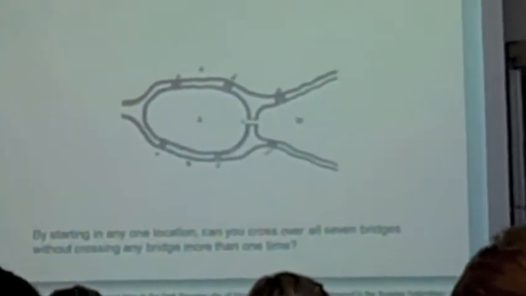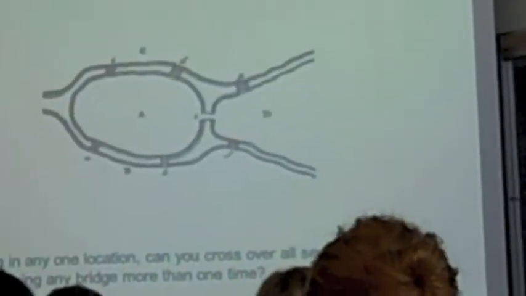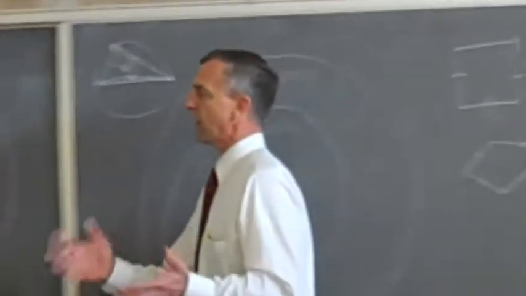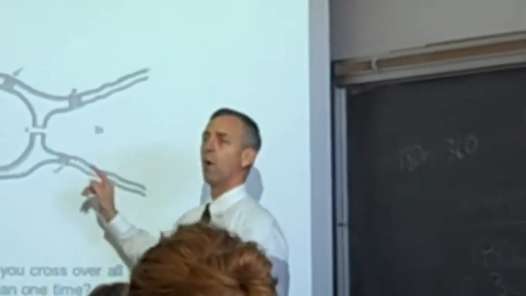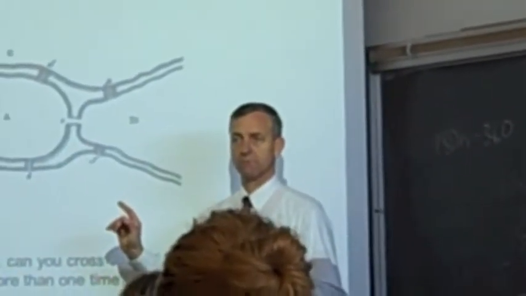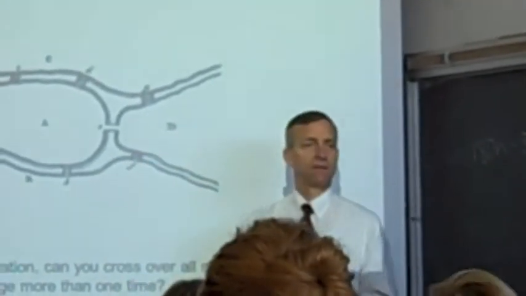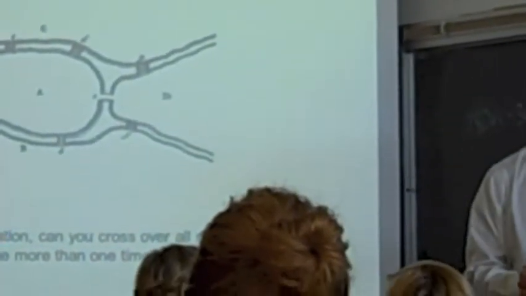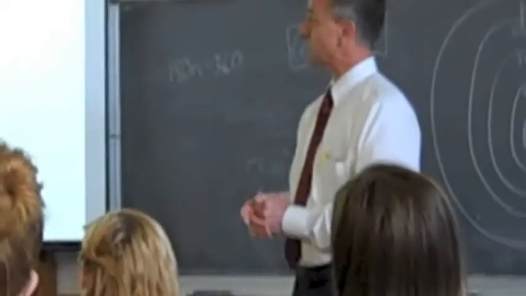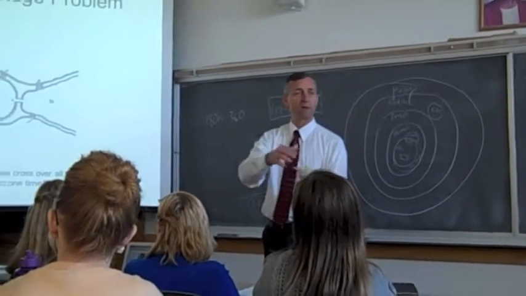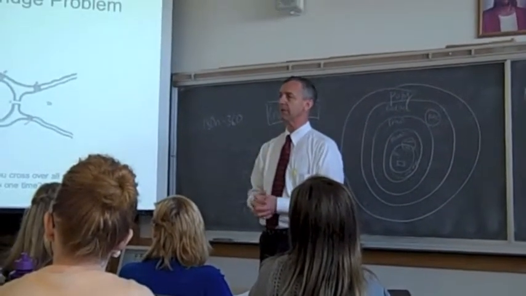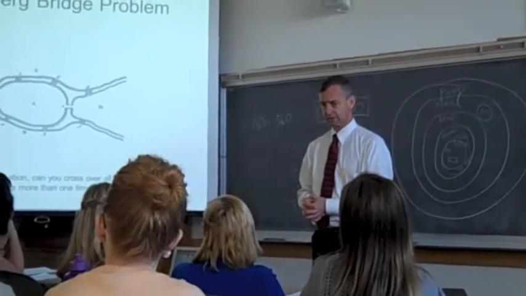People would go out on Sunday afternoons for a walk around the city, and the question came up, could I start anywhere, let's say D, and cross every bridge once and end up back where I started? And people tried to figure it out, and they would take different paths walking each Sunday, and guess what happened? They couldn't figure it out. So they turned to